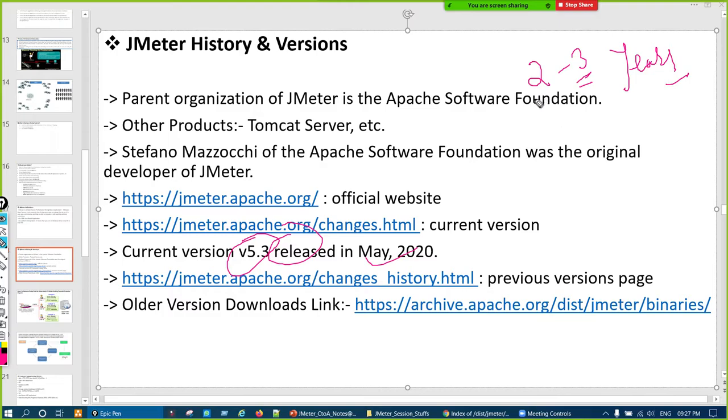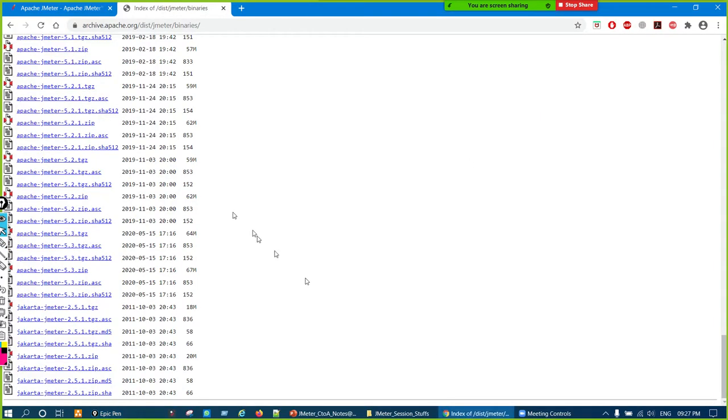So we have to take care of that. Let us say 2 years back, which JMeter version, meaning which year you are showing in the resume. At that time, which was the JMeter version, you have to take care of that, right? Three years back, let us say you are working for 2 years, or for 3 years. At that time, which version of JMeter was there, and after that, which version came. This information at least we should know, right? So how can we get it on this page?